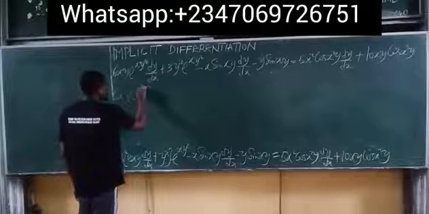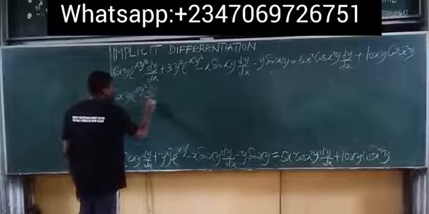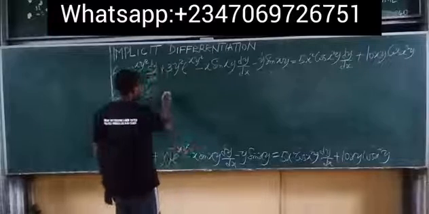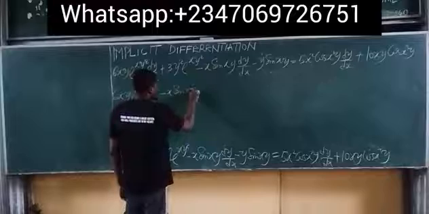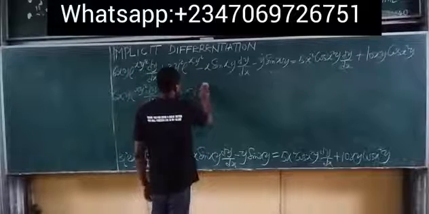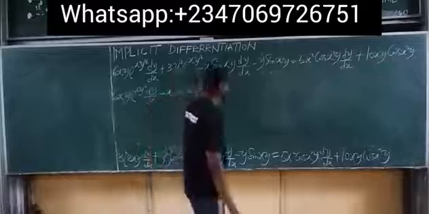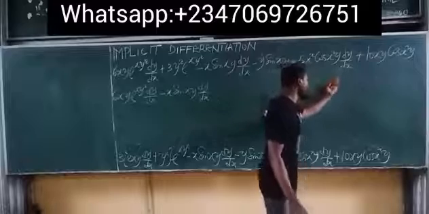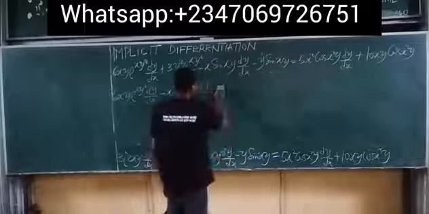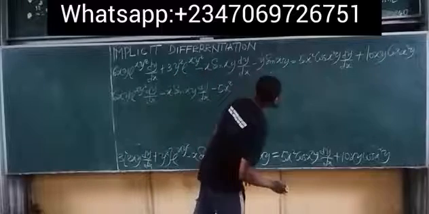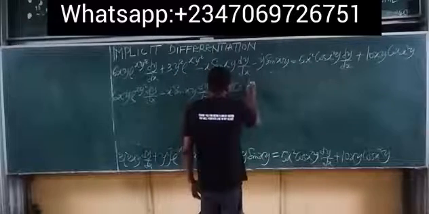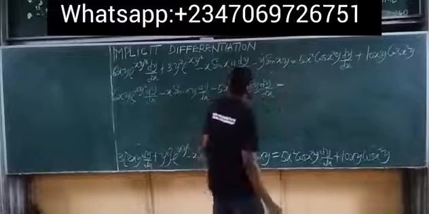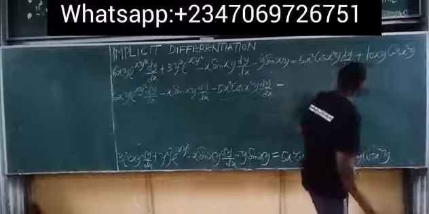exponential xy squared dy all over dx. Okay, I also have here minus x sine xy dy dx. Okay, I also have here 5x squared cos x squared y dy dx. If I pull it over here, it becomes minus 5x squared cos x squared y dy all over dx, and this is equal to, okay, you keep this variable down here,